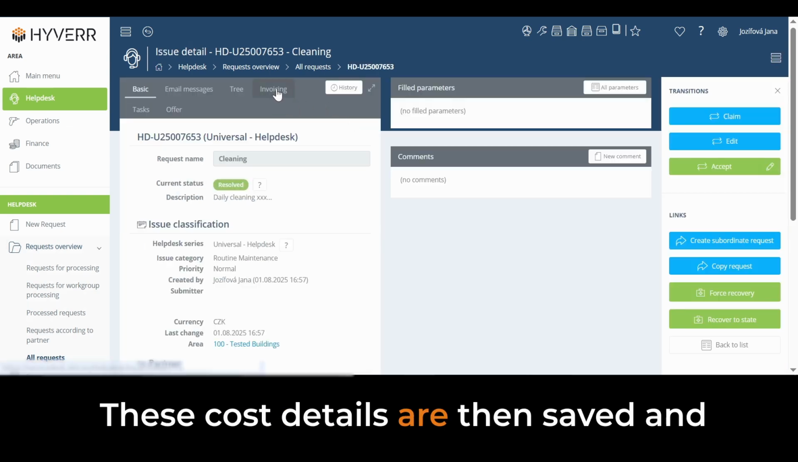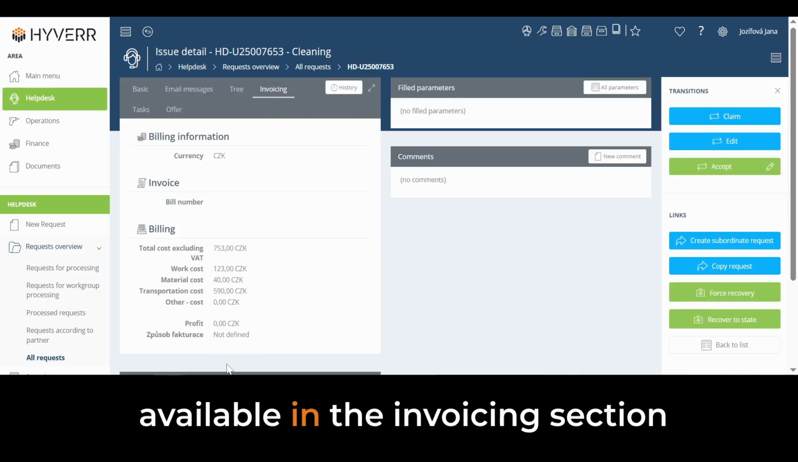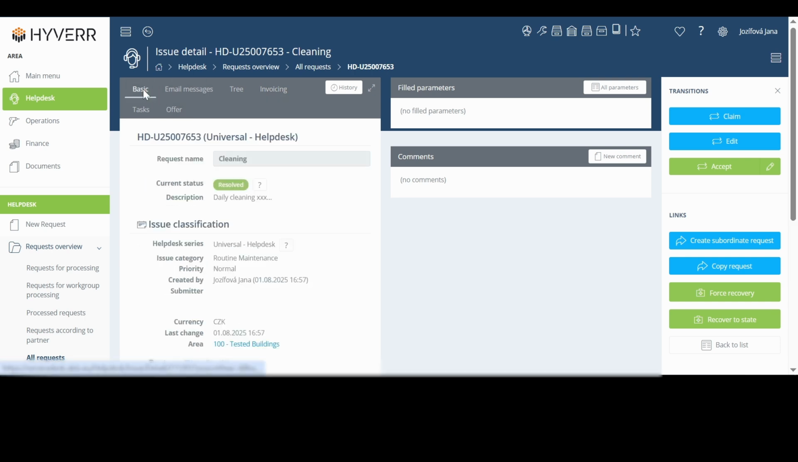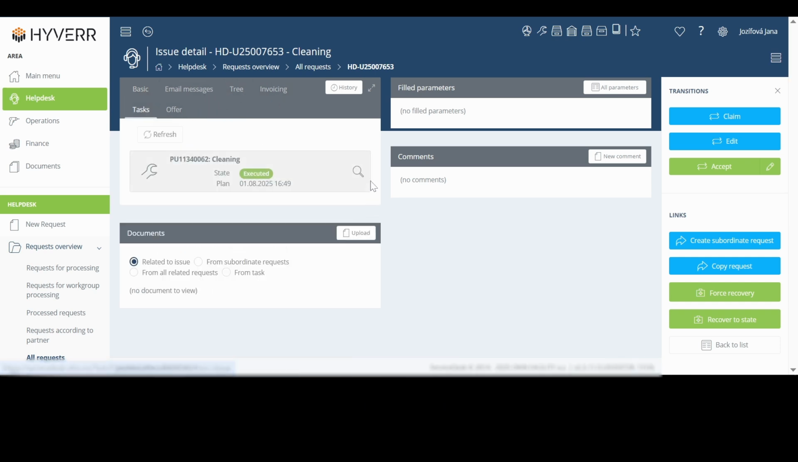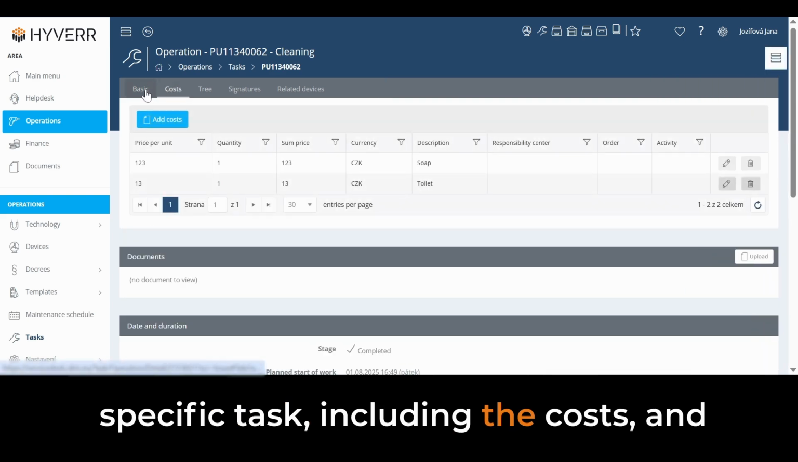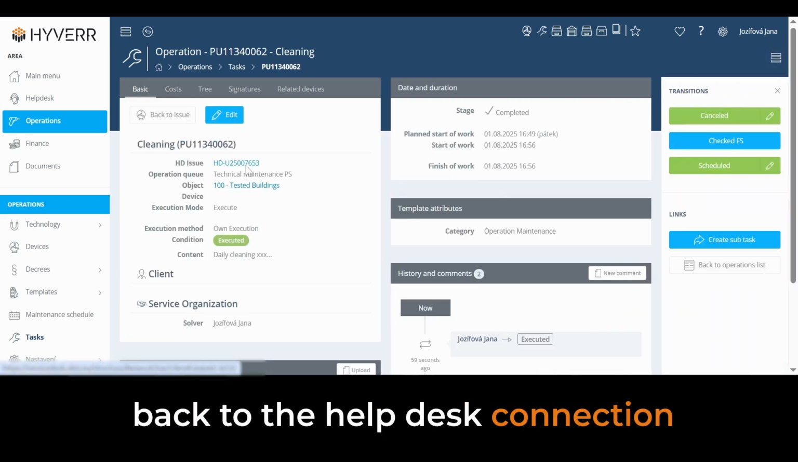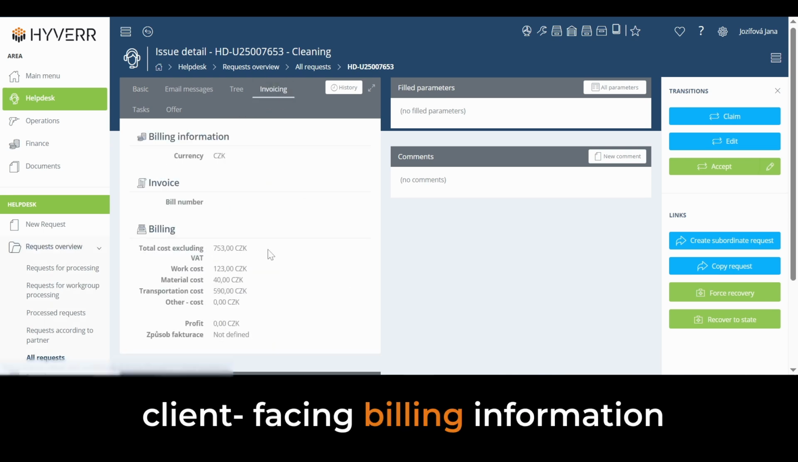These cost details are then saved, and after the ticket is closed, they're available in the invoicing section. At that stage, they can be reported again. There's always a direct link to the specific task, including the costs, and back to the help desk connection. Along with the client-facing billing information,